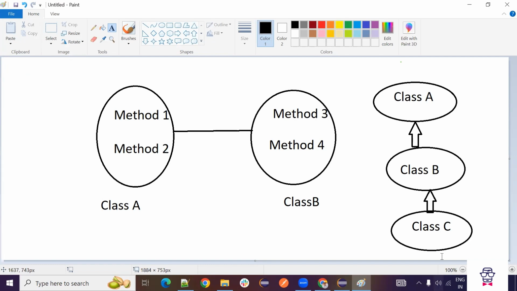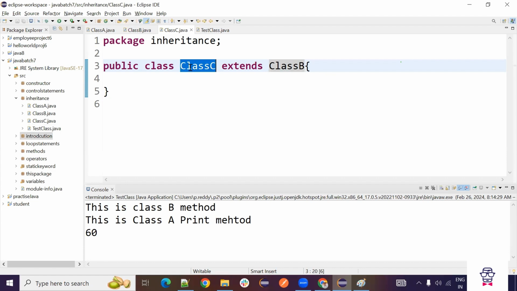Now if you create one more class, you can create class D extends class C. If you are creating one class and you want to extend from one class, you can give it like this. But you cannot give class A as well. This is not allowed. So you can give either class B or class A, only one class. You cannot give two classes here. In real time also it's not possible, right? So now you are extending from class C and in class C you don't put any methods. Now we will see how this will work.